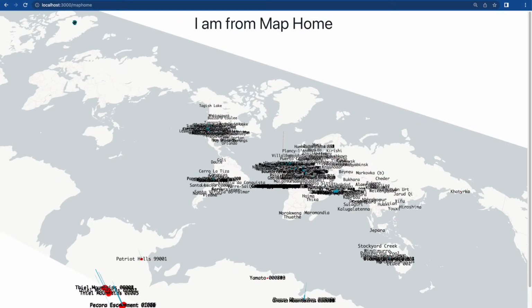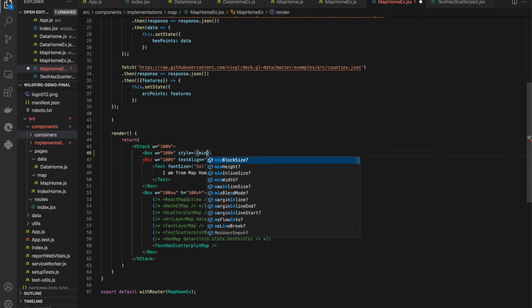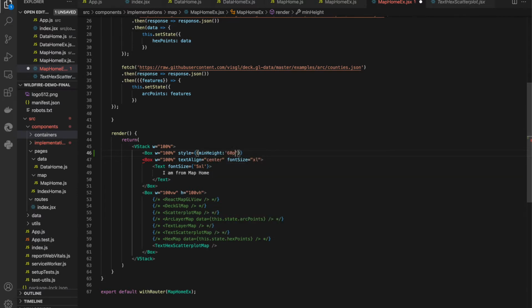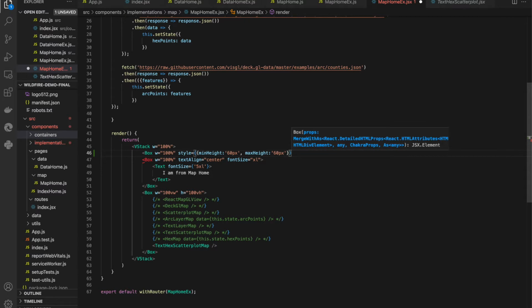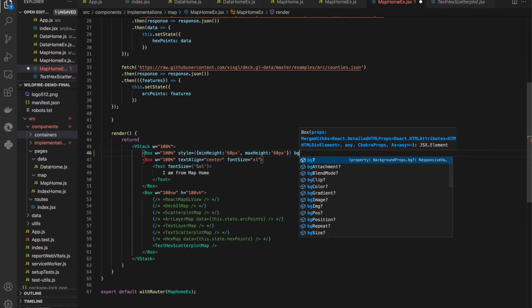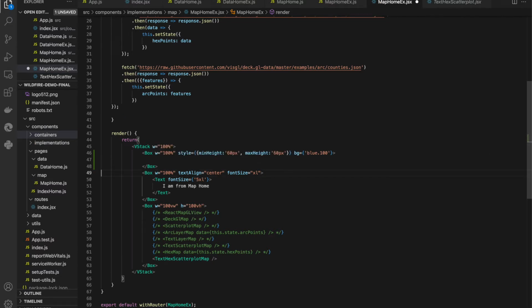So my next step will be to create about a 60 pixel header at the top and render the map underneath in the whole available height as well as the overall available width. So we are going to create the box with width equals 100% available. We will use a style min height 60 pixels, max height 60 pixels. So now our height is fixed, and we will give a background, just call it red, or maybe call it blue. So our height is there, and we will put this text inside